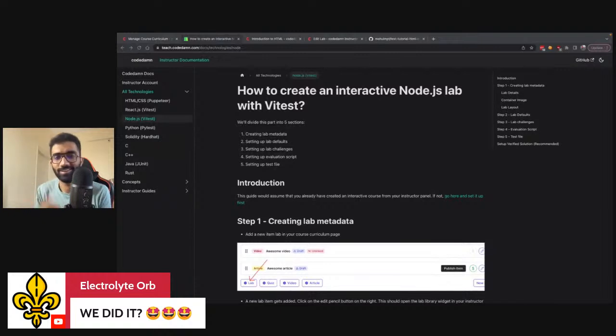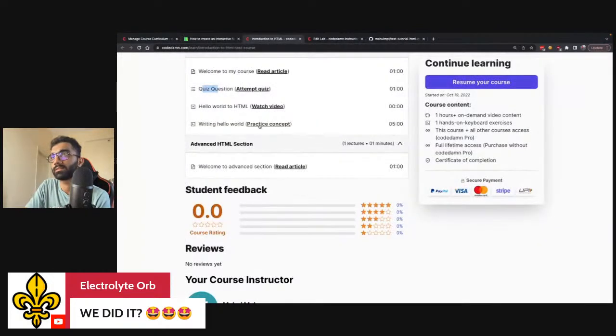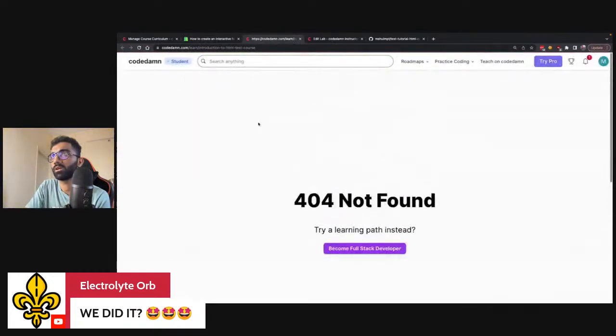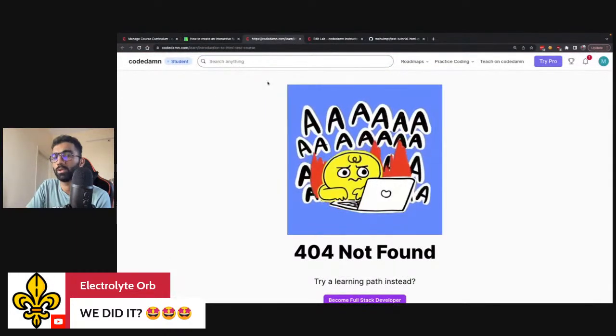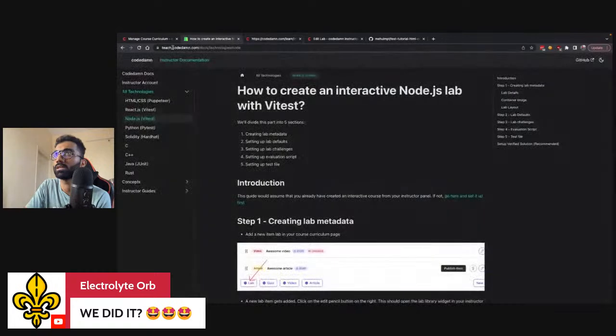Yes, we did it. That is all it takes to create an interactive lab. I know it's a little bit time consuming, but think about all the experiences you will give to the end users. They would see a page like this, where, of course, we just opted out of preview mode. That's why it broke.